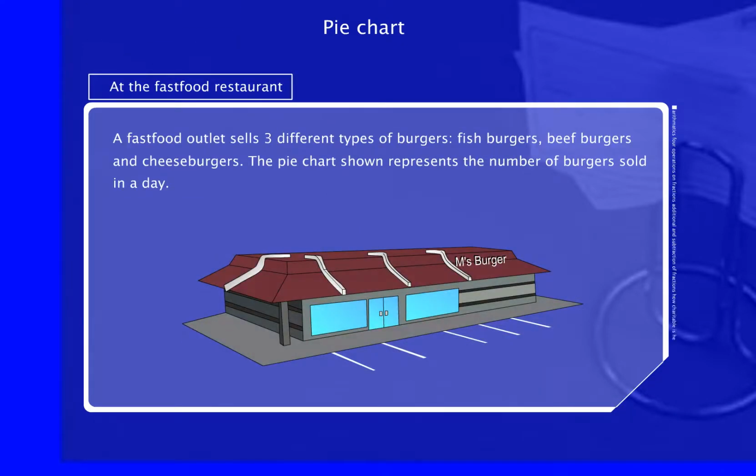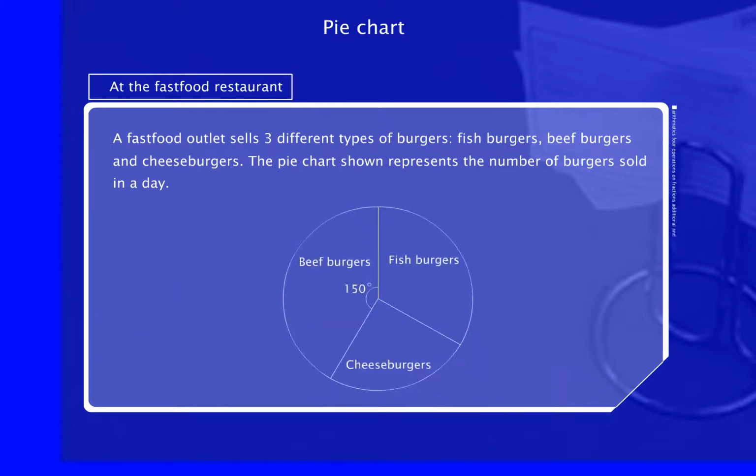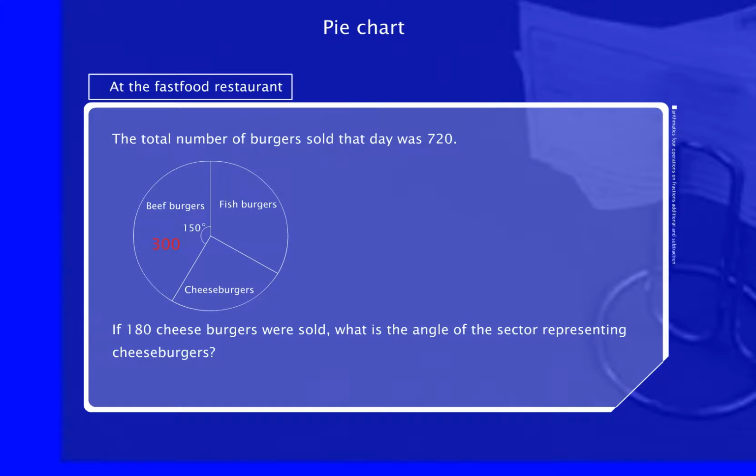A fast food outlet sells 3 different types of burgers: fish burgers, beef burgers, and cheeseburgers. The pie chart shown represents the number of burgers sold in a day. The total number of burgers sold that day was 720. How many beef burgers were sold? If 180 cheeseburgers were sold, what is the angle of the sector representing